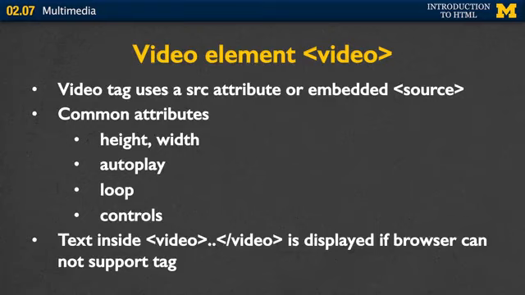There are a number of attributes that are used very widely. The first two, height and width, are pretty self-explanatory. How big would you like your video to appear in the browser? Autoplay dictates whether or not the video should start as soon as you load the page. Loop will allow the video to play over and over. And the last one, controls, is something you can add to give the person more control over when to stop